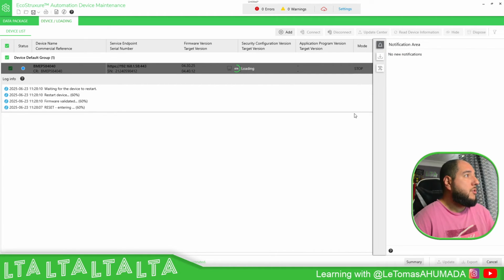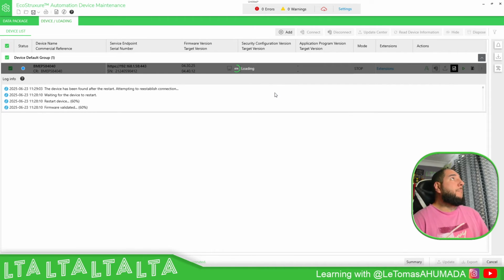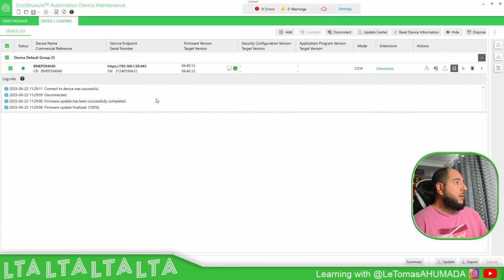Notifications, nothing at all. You can see it's booting up while this is doing something. Here you should be able to see the firmware. There we go, it's the latest one. Okay, so now we have finally updated the firmware on the M580, so we are ready to play with